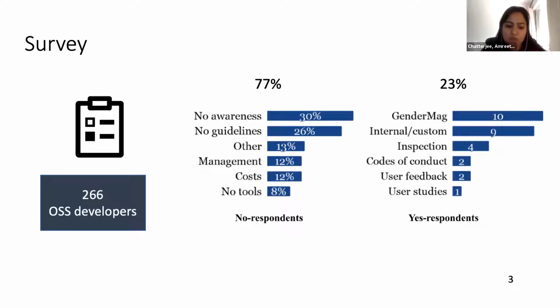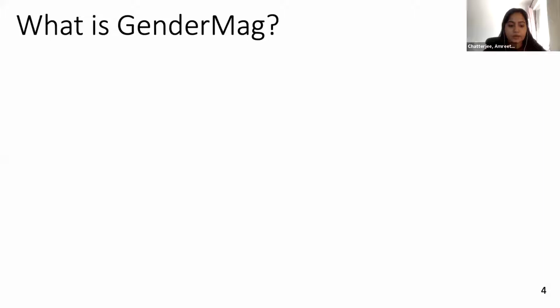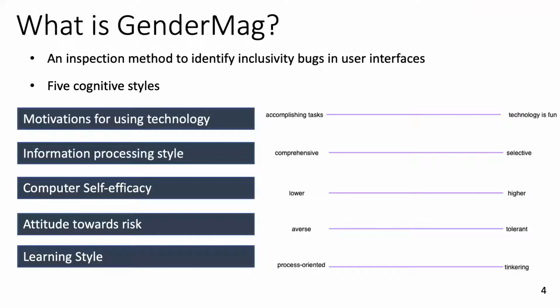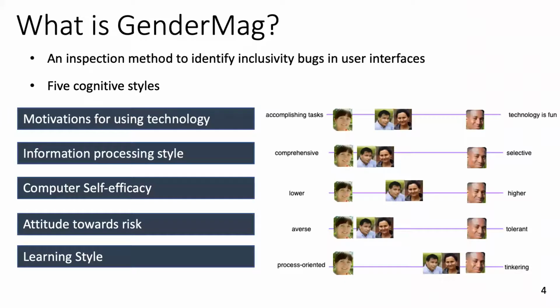So, what is GenderMag? GenderMag enables developers to systematically find gender inclusivity bugs in their software. At the core of the GenderMag method are 5 cognitive styles. GenderMag uses 3 personas, Abby, Pat, and Tim, each of which has a different set of values for the 5